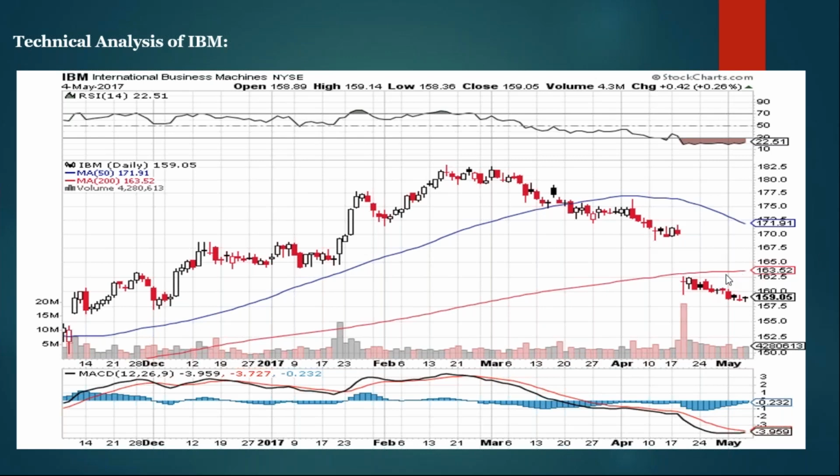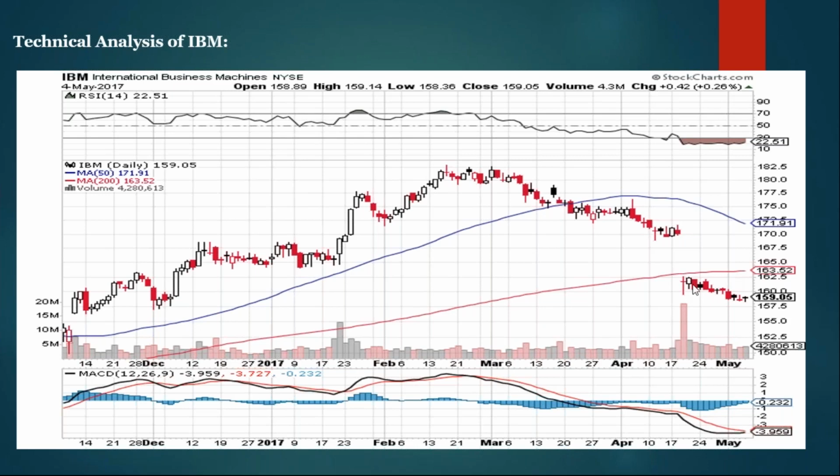Sometimes my mouse disappears. So here's my mouse. The stop was 164. If you see this, IBM never went above the 200-day moving average. It tried, it failed. Then on the third day